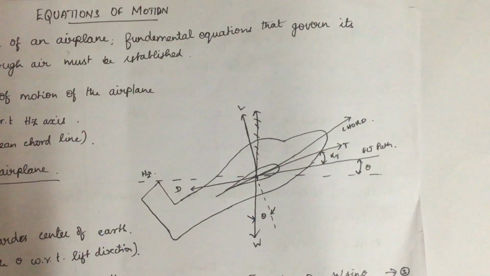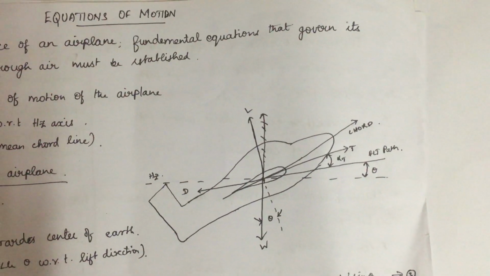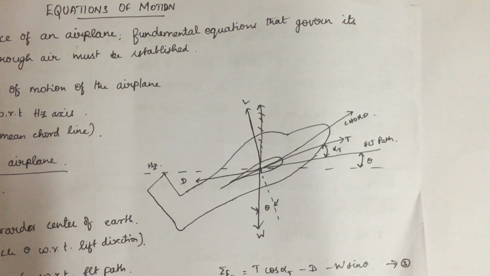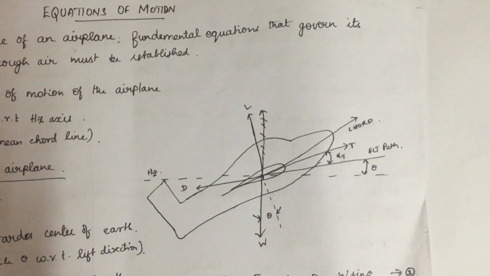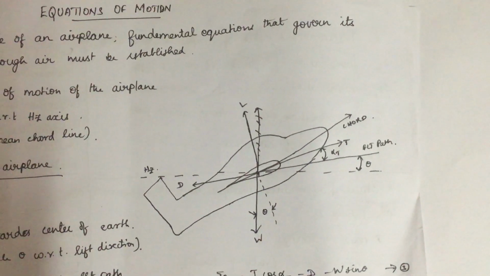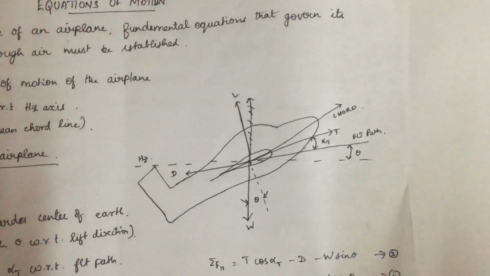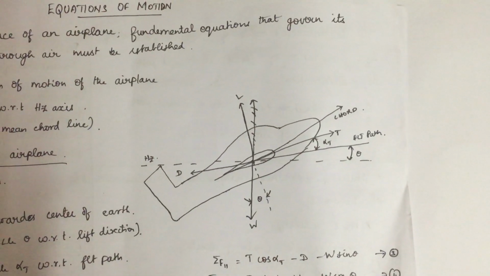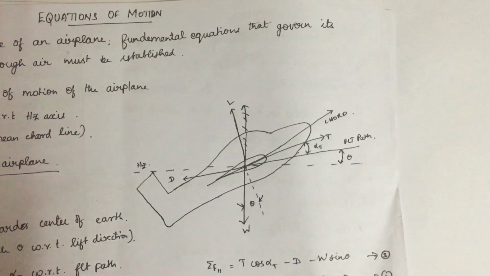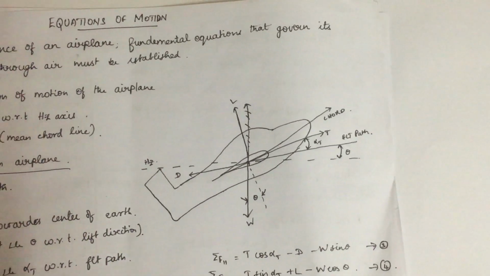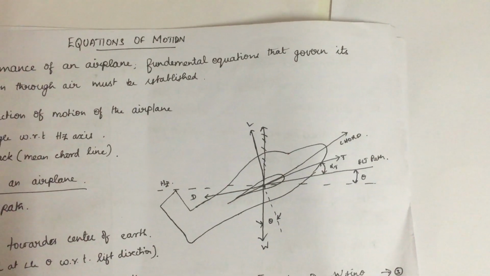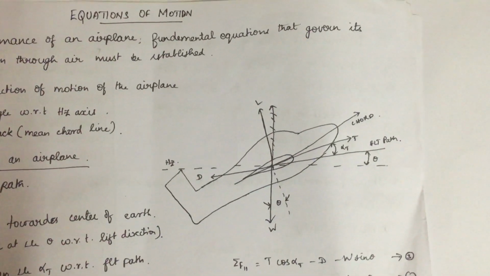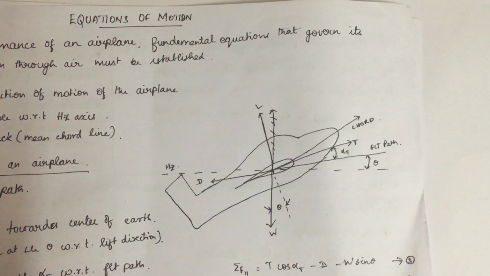We all know there is going to be a perpendicular line, that is your lift. Instead of drawing a straight line, I've struck it out, so you can understand why. Lift is going to act perpendicular to the flight path. Imagine the wings are going to have a lift, so that is why I've drawn a small inclination. The lift has a small inclination. We all know the opposite of lift is your weight. Always the weight acts towards the center of earth.